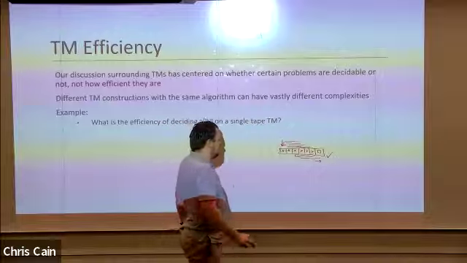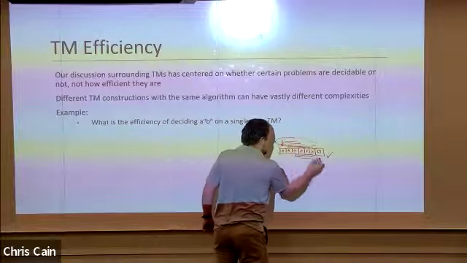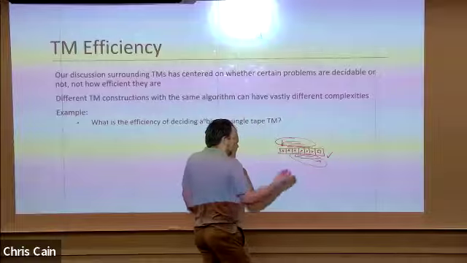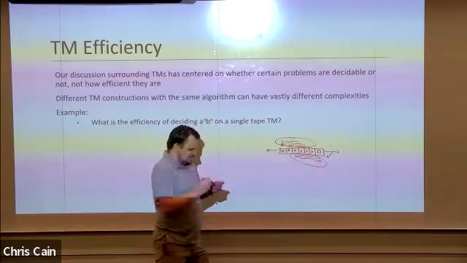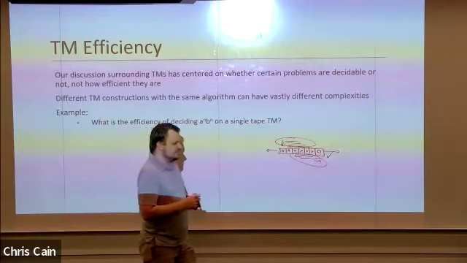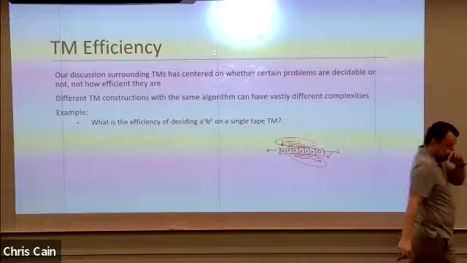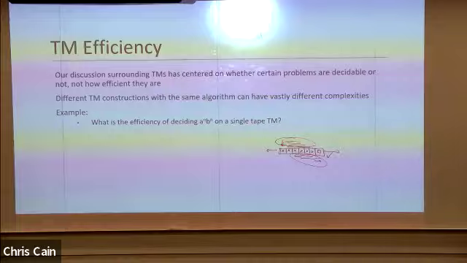So the question I have for you is, how does all of this work scale as we add more X's and more Y's to this A to the n, B to the n? Can we place an order on that much work? You could think of it in terms of, okay, how many steps does it take to verify a single A and a single B?